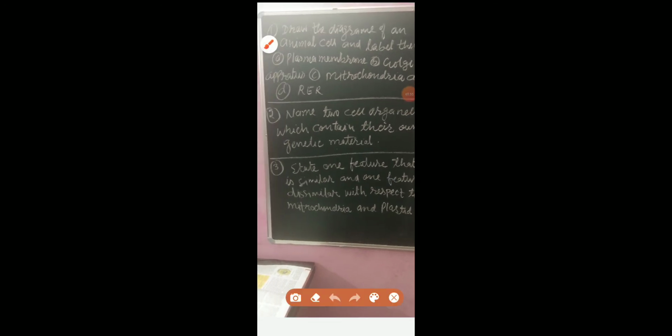Student, our next question is, state one feature that is similar and one feature that is dissimilar with respect to mitochondria and plastids. So student, the answer of the third question is, listen very carefully, the similarity is both are double membrane structures and they have their own DNA and ribosomes. And student, these were the similarities of both cell organelles, and the differences is mitochondria